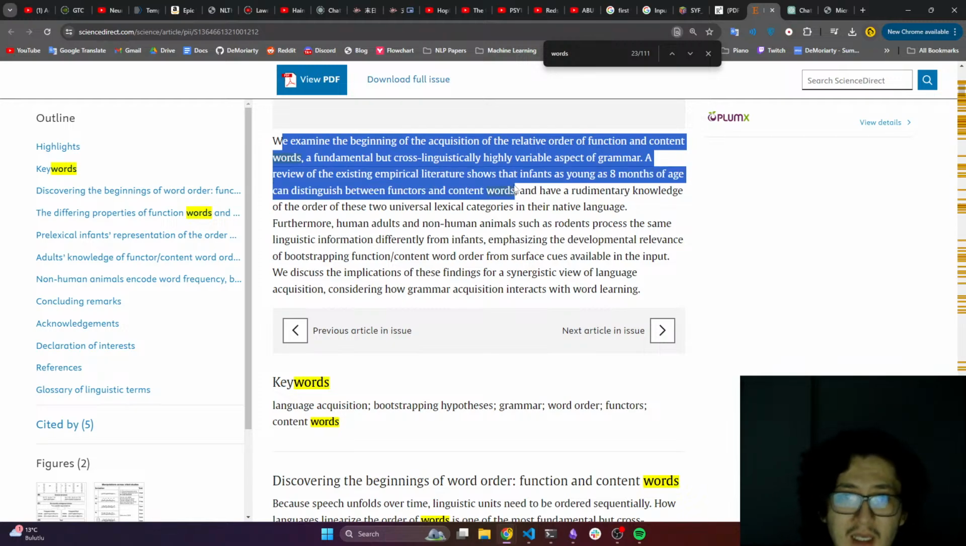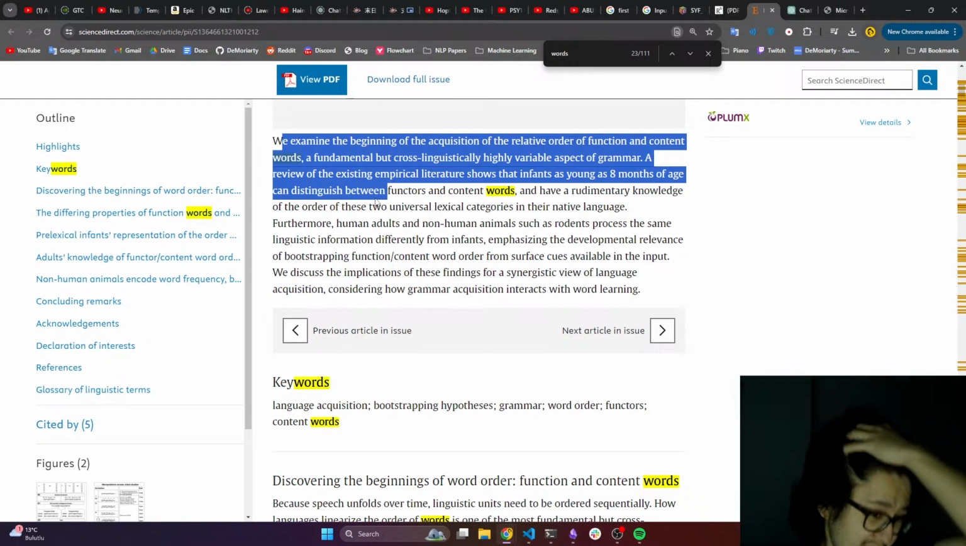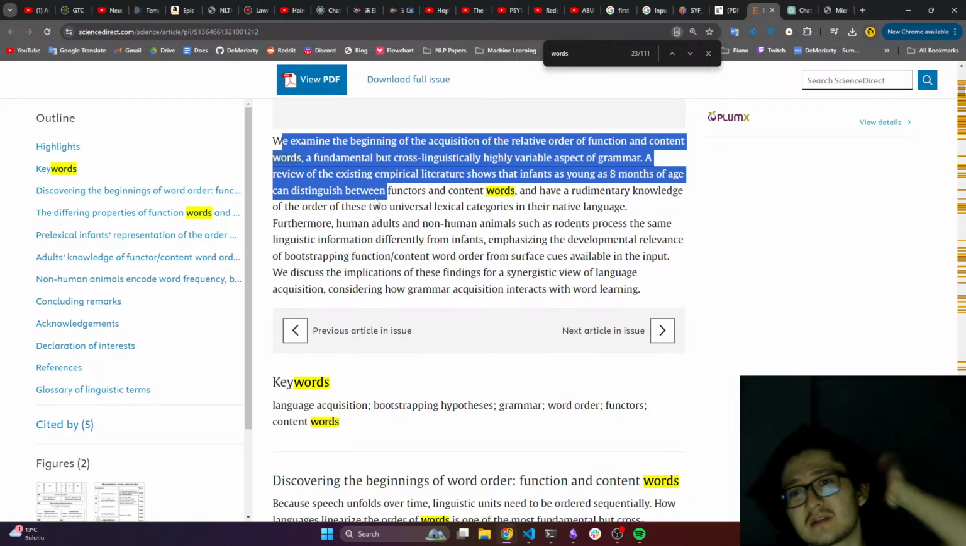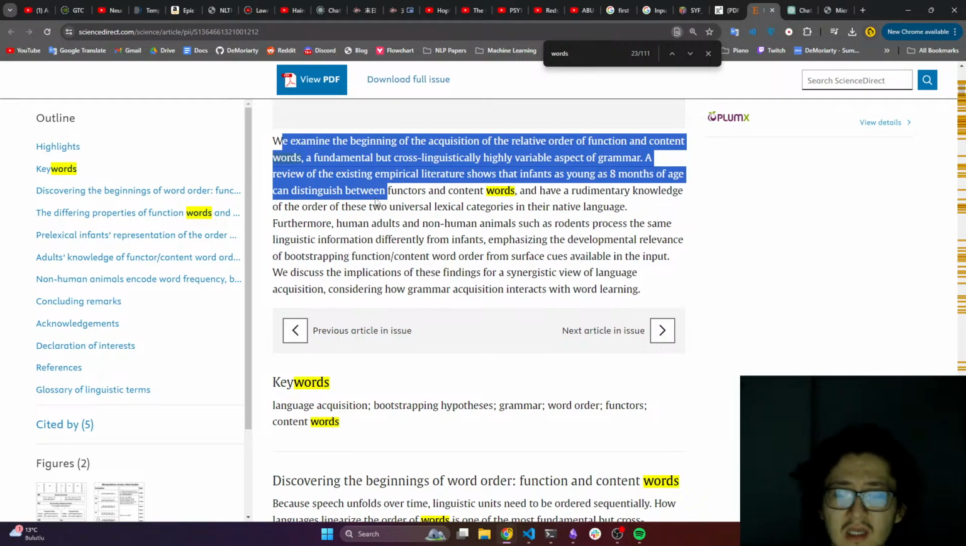I mean, the simplest explanation is functors are more frequent, much more frequent than content words. So it's pretty normal that, let's say, if you measure which one raises the heart rate more, or which one makes them more interested, like eye tracking, it's probably content words because they are